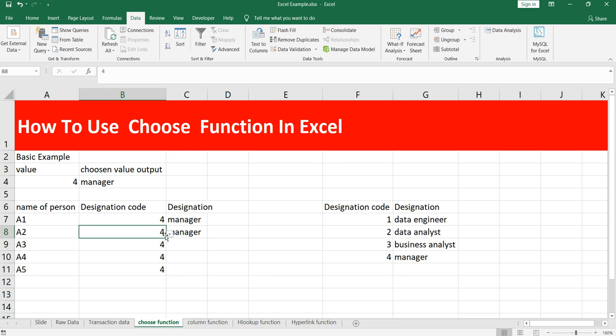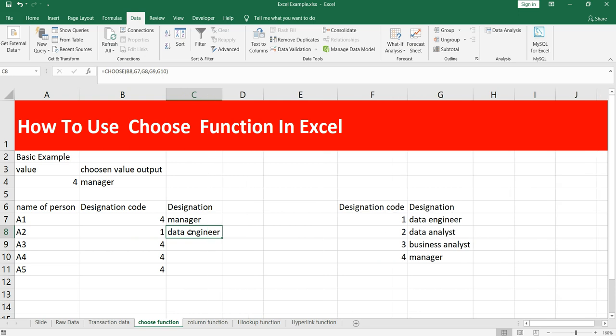What if I select index 1? It is giving me data engineer, so it's correct, right? And if I drag this formula, it's giving me zeros. Why is that? The reason behind it is that when you drag the formula, it takes relative references.